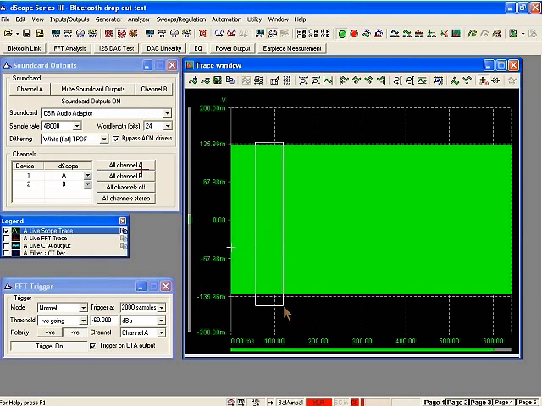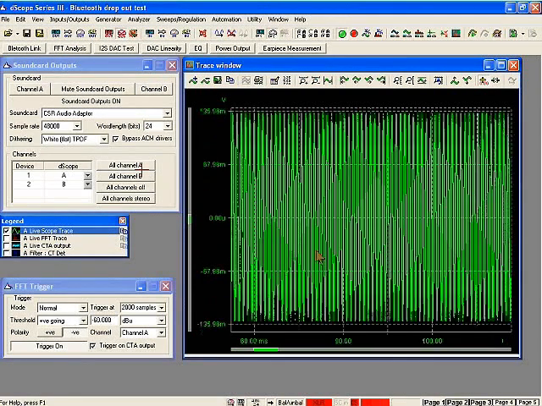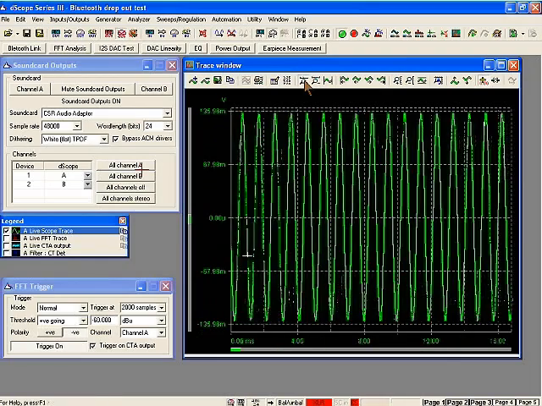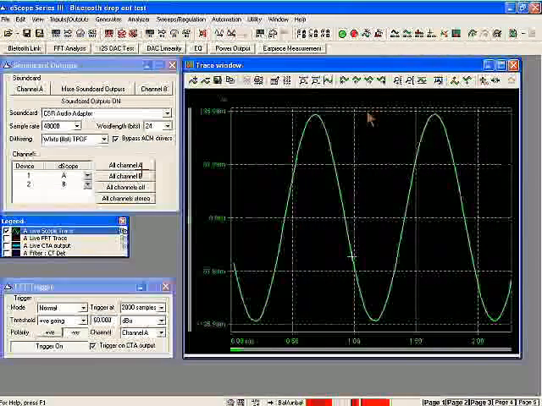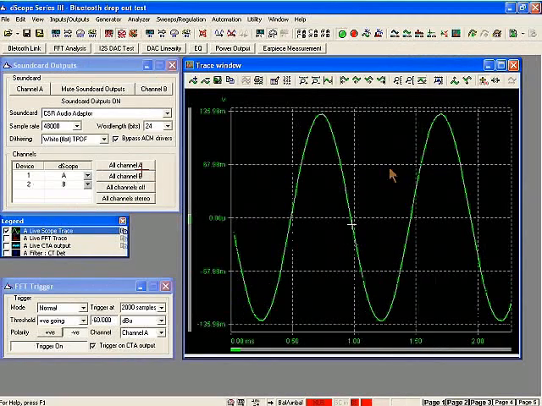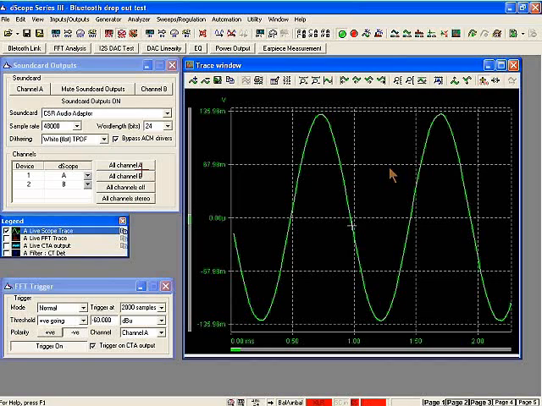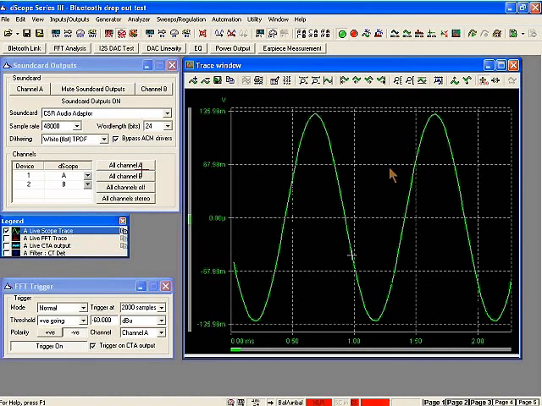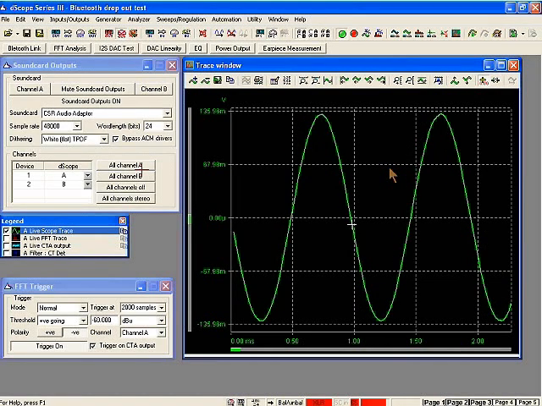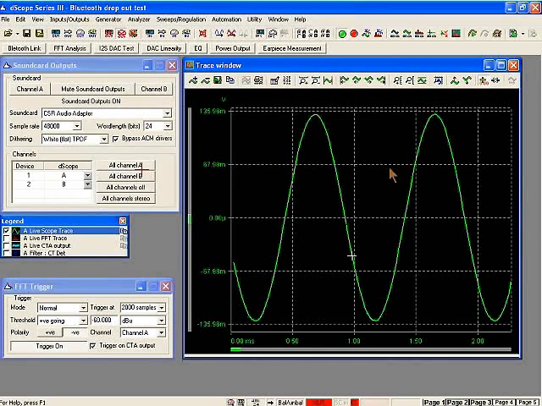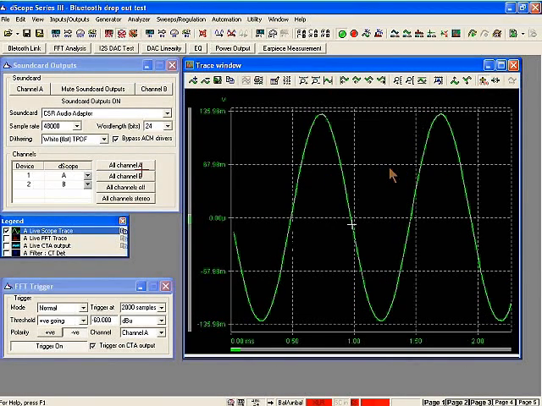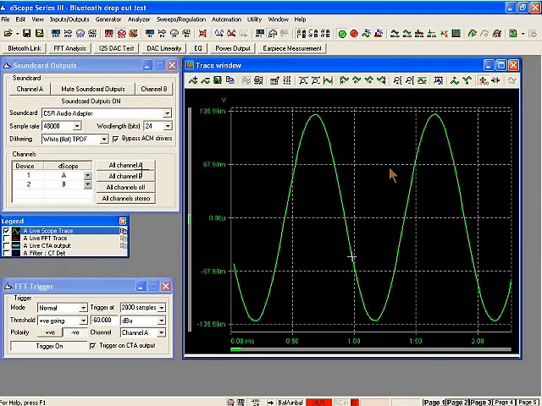Now, if I tell you that this is a 1 kHz sine wave that I'm generating, and if I just zoom in a little here, you can see the waveform on your screens right now. And in fact, if I turn up the monitor outputs on my test instrument, we can actually listen to that waveform as well. That may sound slightly distorted down the telephone transmission lines, but hopefully you would have heard that,